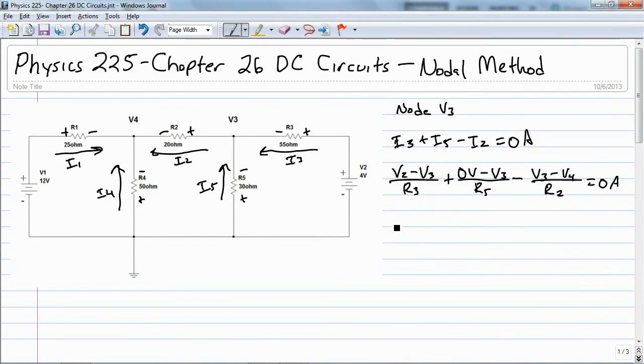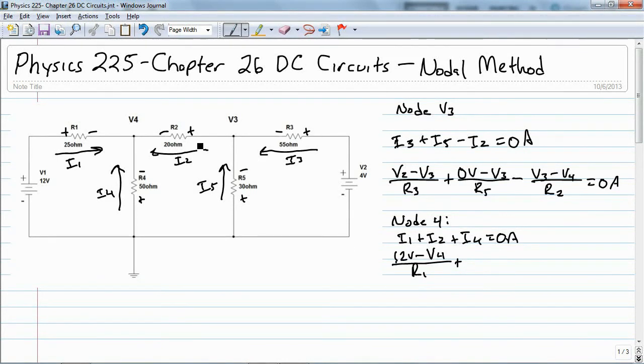Now for node 4, we have I1 plus I2 plus I4 equals 0 amps. So I1 is going to be, the tail is at 12 volts, minus the tip is at V4 over R1,